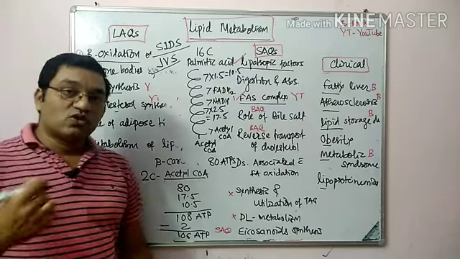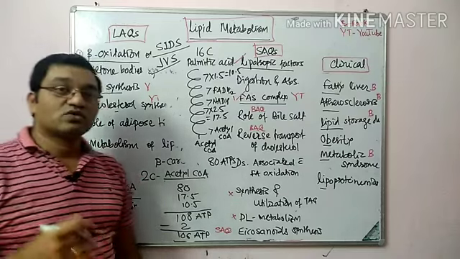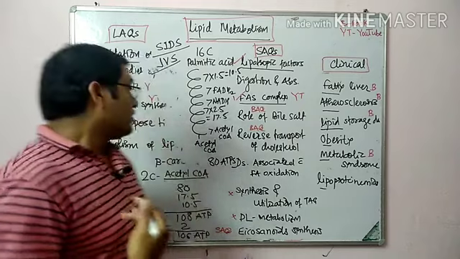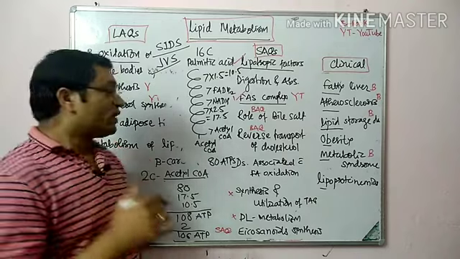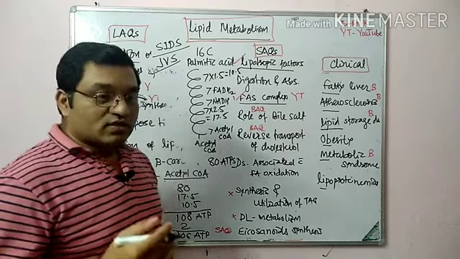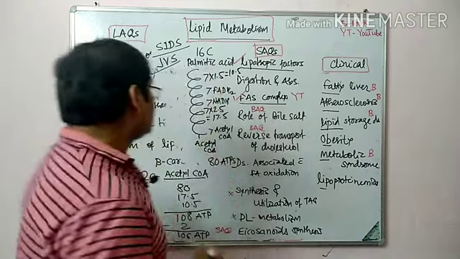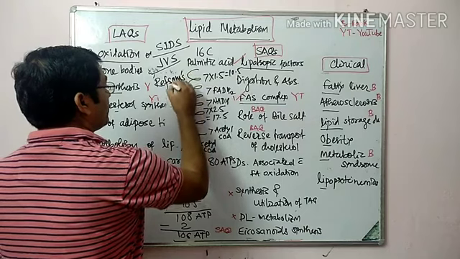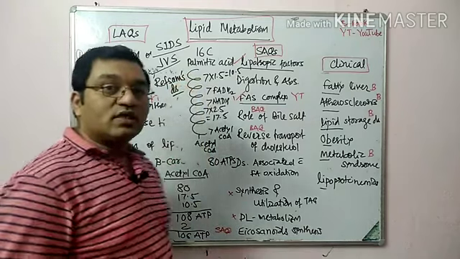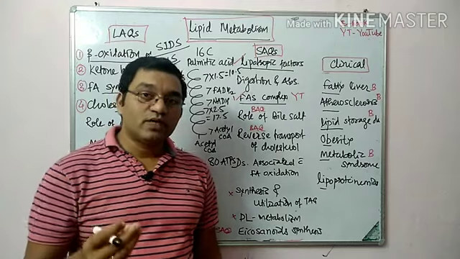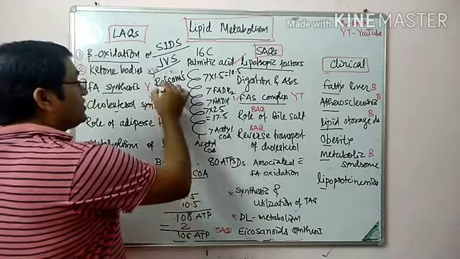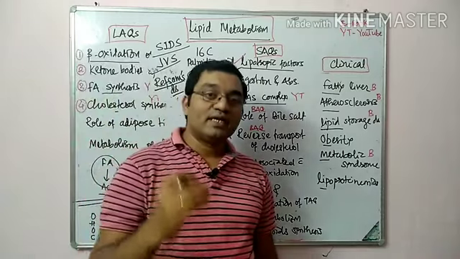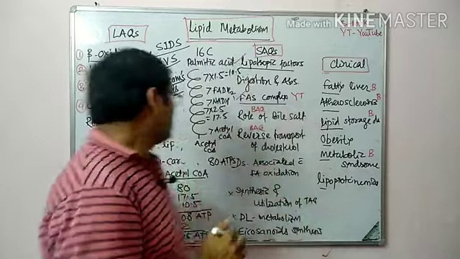Then alpha oxidation is also there. In alpha oxidation, there is oxidation of alpha carbon, with removal of one carbon fragment sequentially. Alpha oxidation occurs in the brain in endoplasmic reticulum, and if there is a blockade in the alpha oxidation, that results in the disease known as Refsum's disease, which is characterized by neurological symptoms and retinitis pigmentosa. This Refsum's disease is due to accumulation of phytanic acid due to deficiency of phytanic acid oxidase.